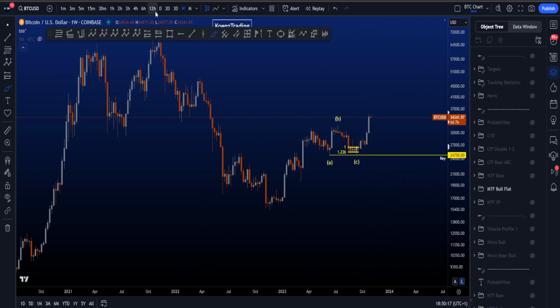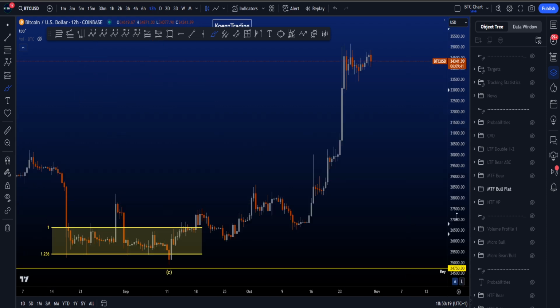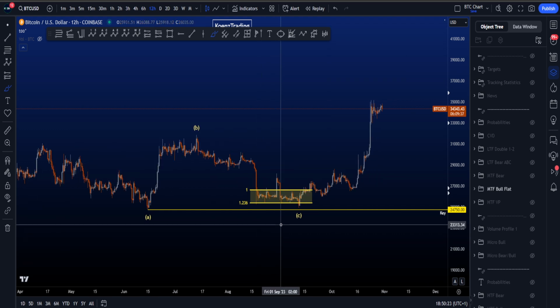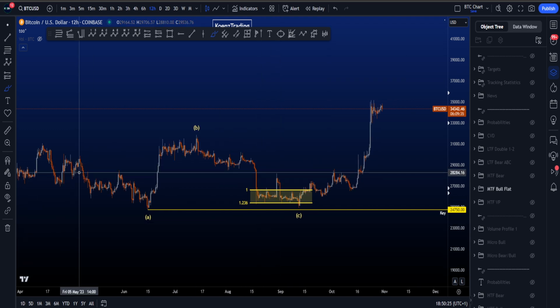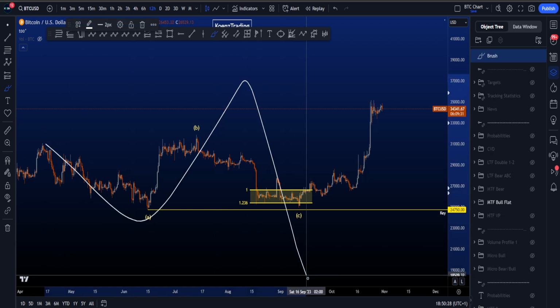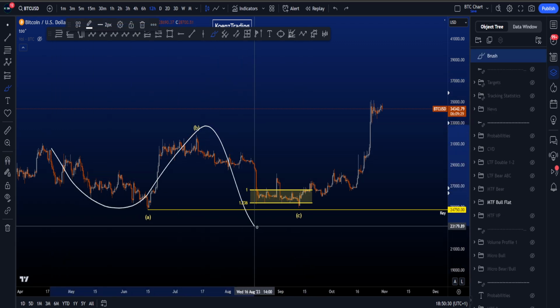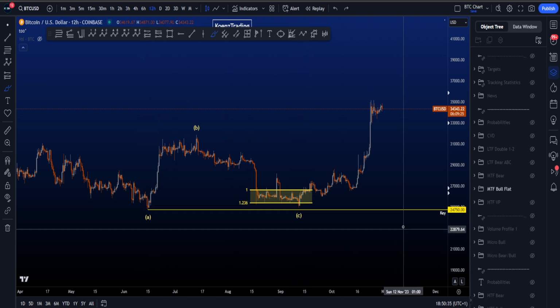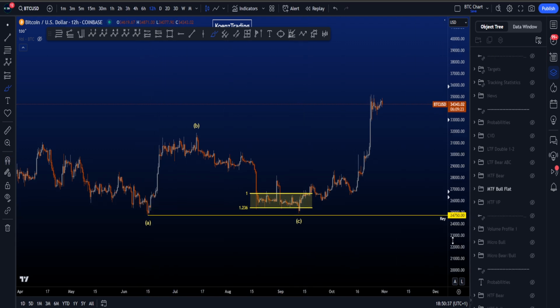If we then zoom into the 12-hour time frame and look at the bullish scenario, then we have a running flat over here. Now in general, a running flat is a rare pattern. It is also the least common flat pattern. Most commonly is an expanding flat, then you have a regular flat, and then you have the running flat where wave C does not take the low of wave A, and especially on higher time frames, this is not something